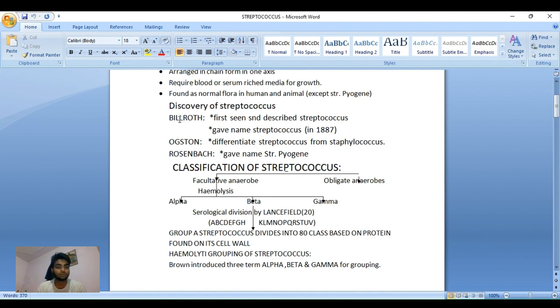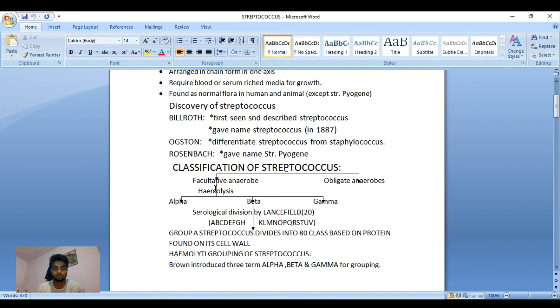Then another scientist is Rosenbach. He gave the name just to the streptococcus pyogenes. Then the classification of the streptococcus is based on oxygen, whether it can use the oxygen or not, that is the facultative anaerobe and the obligate anaerobe. As we go into the facultative, there is the classification